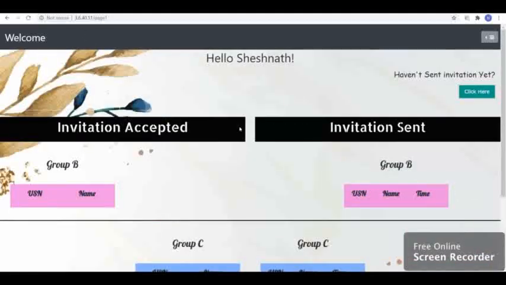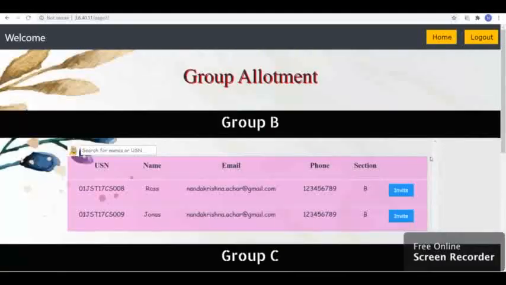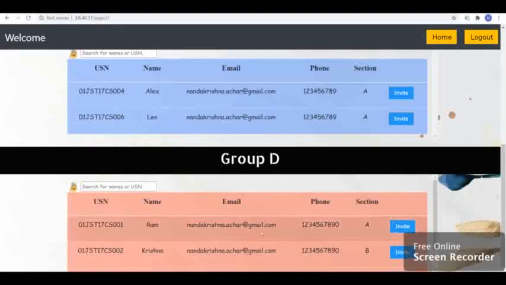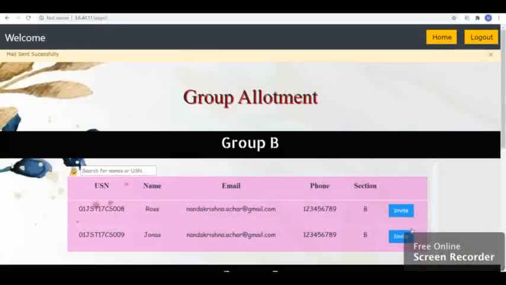Now let us assume that another team leader tries to send the invitation to the same person. In this case, it is Ram. If another team leader sends the invitation to Ram, Ram will have two invitations with him.